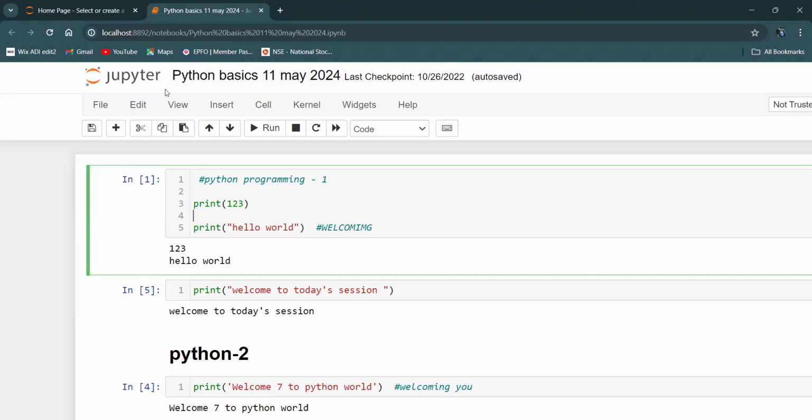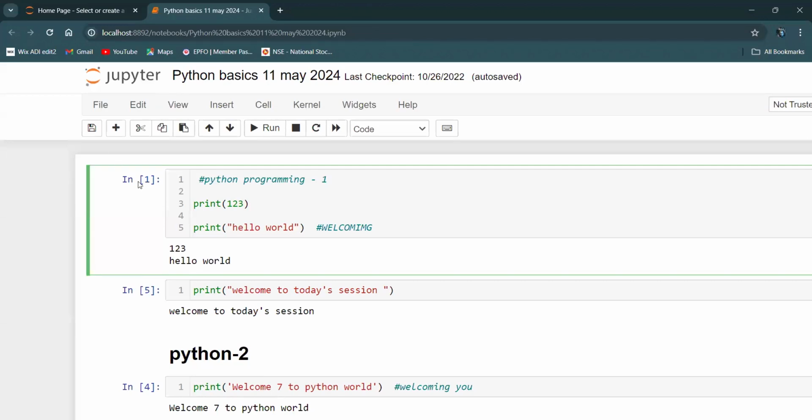So small letter a and capital letter A are not the same. But in SQL, if you remember the SQL concept, capital letter A and small letter a are both the same because that's not case sensitive. Okay, so the first thing we learned is Python is case sensitive.